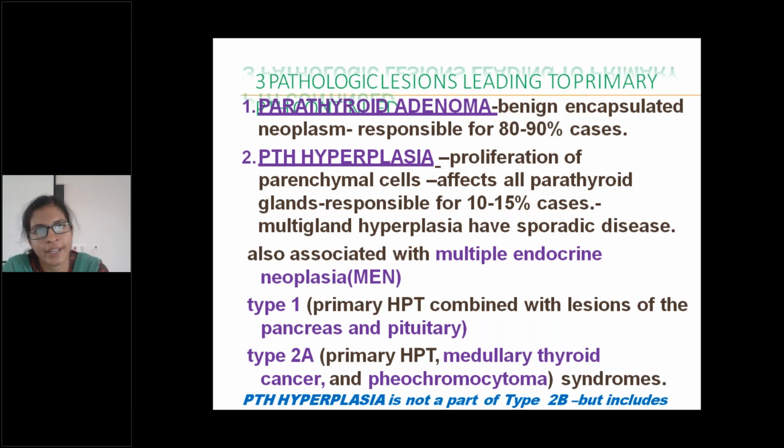Hyperplasia is of benign nature. In these, all the 4 glands, two superior and 2 inferior, will be affected. If they are affected, we have to remove all these 4 glands, which means we are making the patient prone for hypocalcemia, hypoparathyroidism post-operatively. But hyperplasia is only a benign condition; it is not a malignant condition.